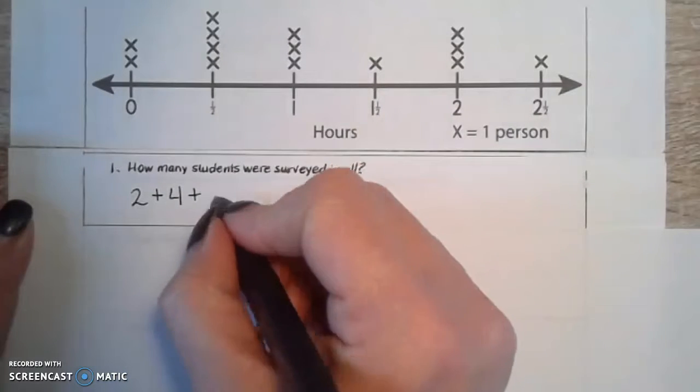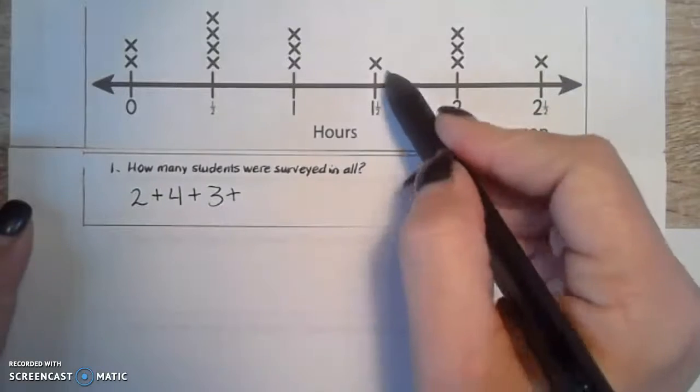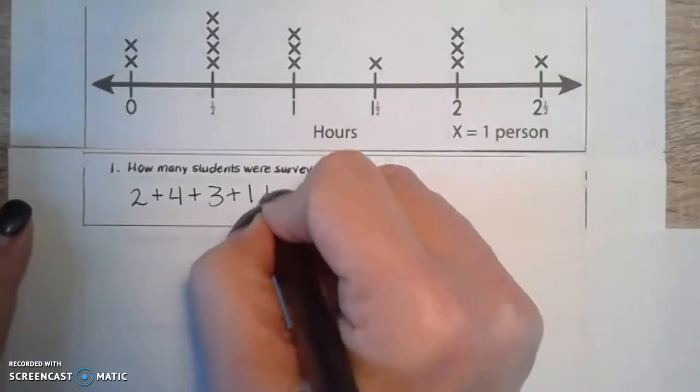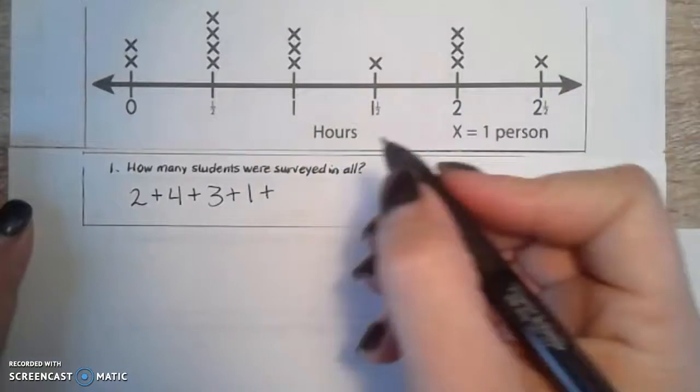1, 2, 3 above 1 hour. So I can actually just count my X's. I just want to make sure I don't miss any. 3